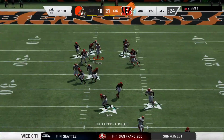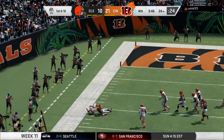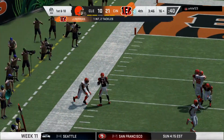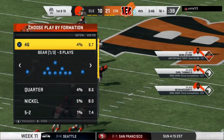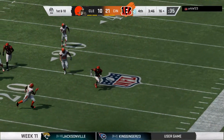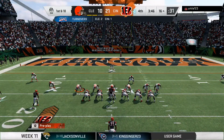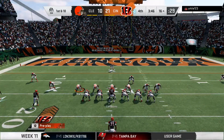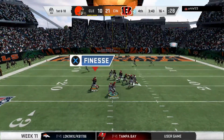Trying for Brown, and it's intercepted. Picked up by the Michigan man, Jabril Peppers. And they will finally stop him, but a great return. Gets that football all the way down to the 16-yard line. The rookie was trying to push it downfield, but the safety bit him. And he'll learn that you have to hold the safety. And you do that with your head movement, your eyes, sometimes your shoulders. Hold the safety so that you can get back to...